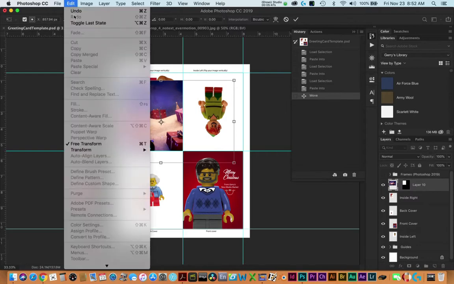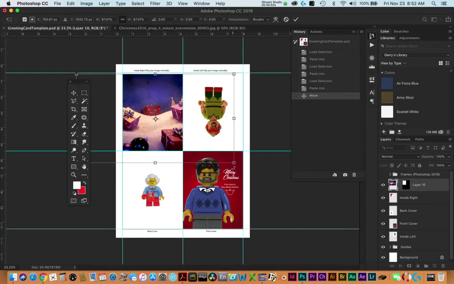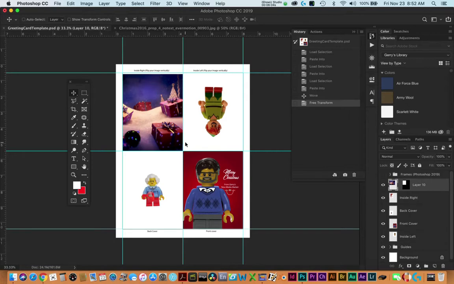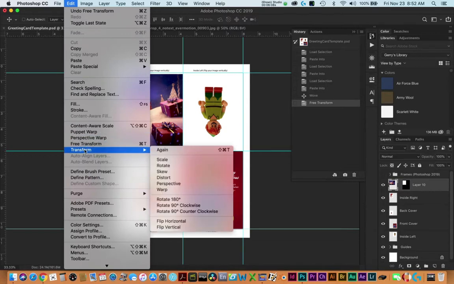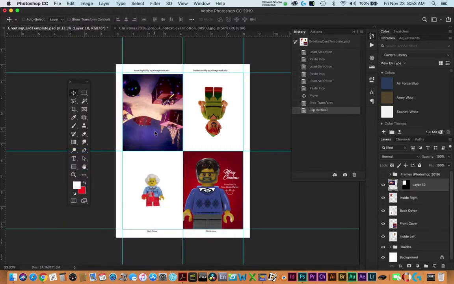Whoops. If you're using Photoshop 2019, you don't have to press the Shift key any longer. But I've been doing it for a long time, so I can free transform it, and because it's going to be on the inside right of my picture here, I need to flip it. I'll go edit, transform, flip vertical, and it will flip it in the correct direction. All right, so you can paste,